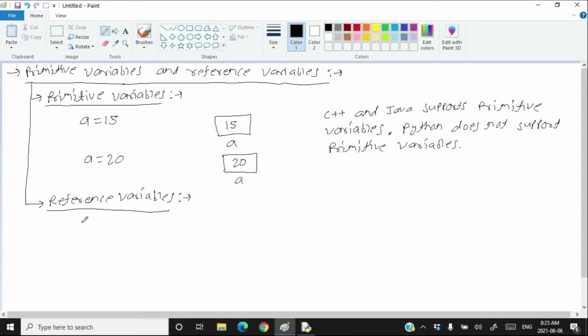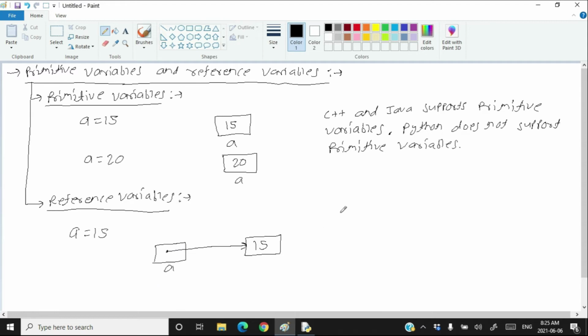In reference variables, when you write a is equal to 15, there is a memory allocated for a. Another part of memory gets allocated to store the value 15, and a refers to 15. Means 15 itself is not stored in a. 15 gets created somewhere else in the memory, whose reference will be stored in the variable a.